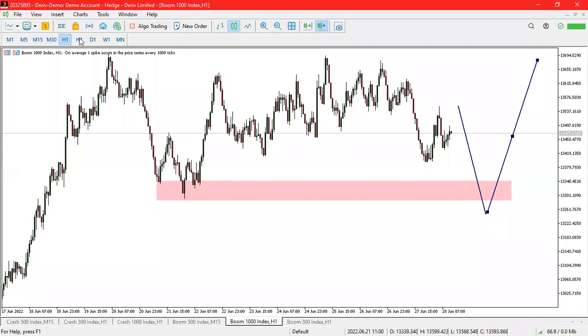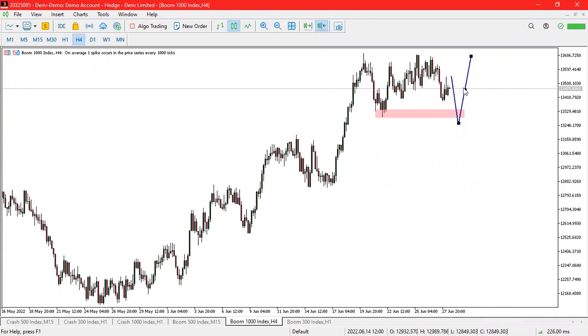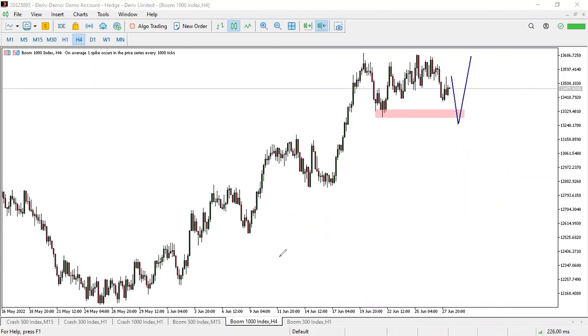Remember, if you check the trend, H4 is still trending up. Do you understand? This is the trend up. So what is it that is special for us to be selling? Nothing. Guys, you know these things. Let me show you. This is an uptrend. You know how an uptrend is built.